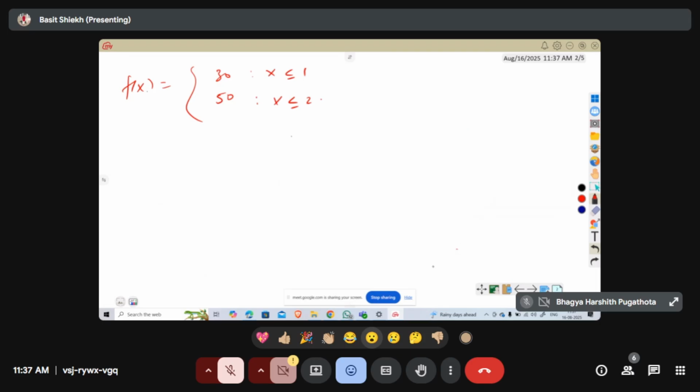I have written 70 earlier, so I will write 70 here, when x is less than or equal to 2. Then if we stay there for more than 2 hours,